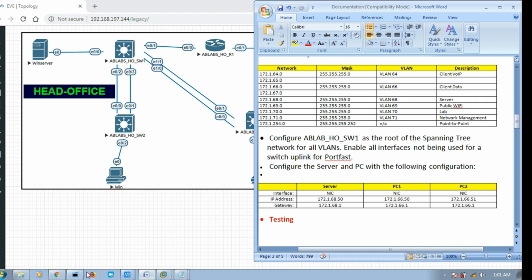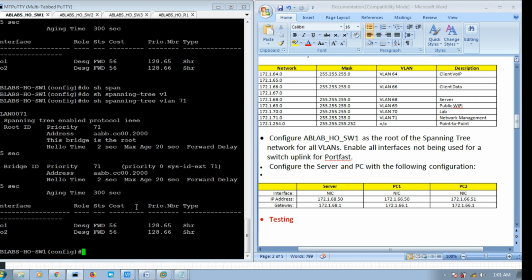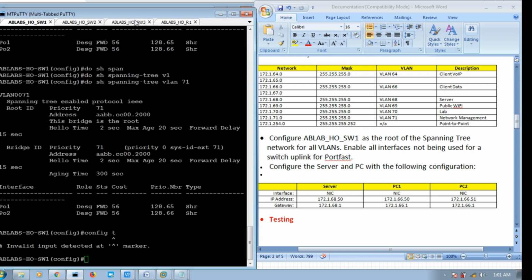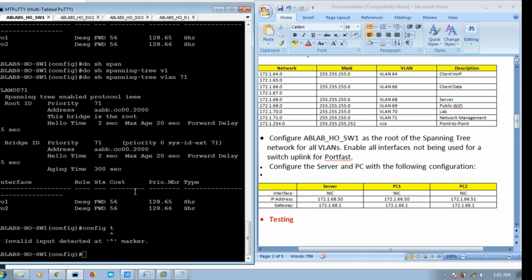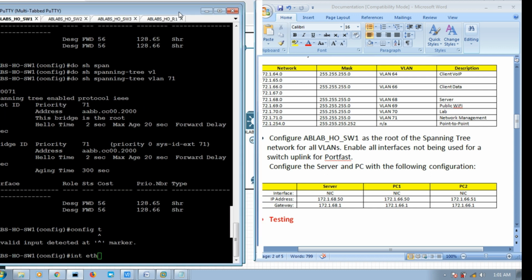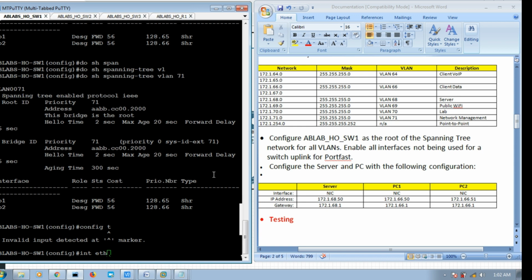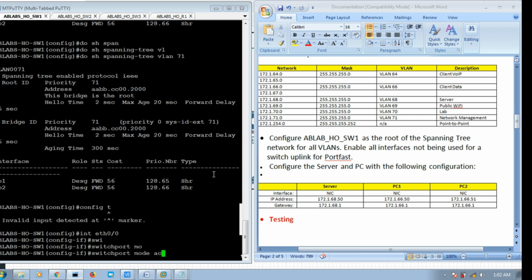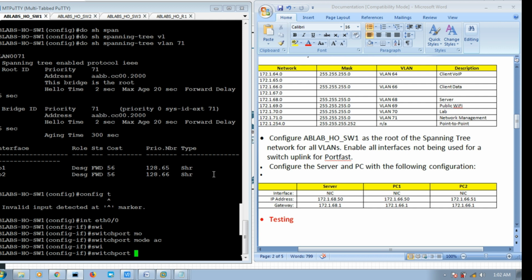We have to go to switch 1 and configure the interface. We are in configuration mode already, so it is interface Ethernet 0/0, and switch port mode access,